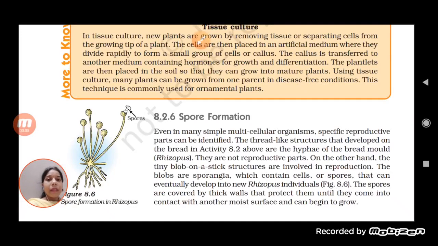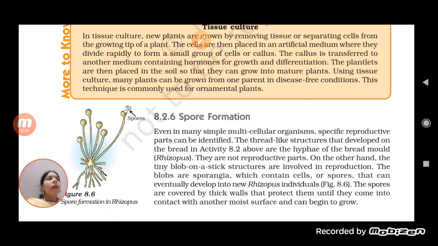So students, in the previous class we were talking about the asexual reproduction that takes place in plants, and yes, we know that plants show sexual reproduction. The angiospermic plants, the flowering plants, consist of the male and the female gamete, present in the pollen grain and in the ovary, and these fuse together, due to which a zygote is formed, and due to which the formation of a seed